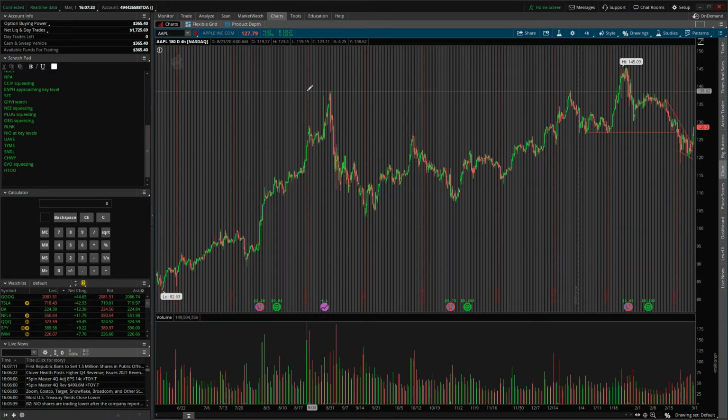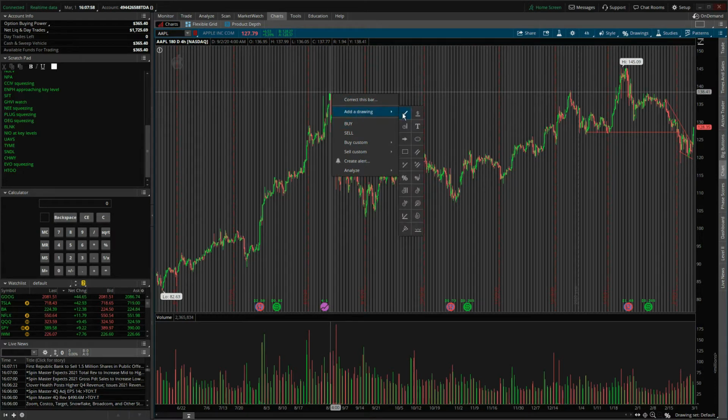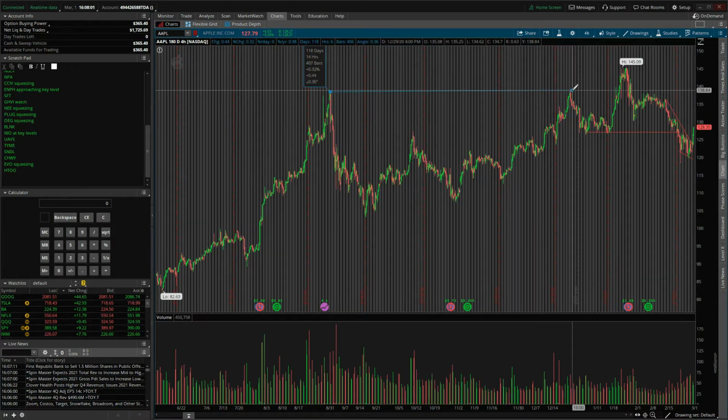A resistance level is the price at which a stock stops going up, which gives it the term resistance. It's resisting going past this point. So if you see right here, how we find a resistance is, as simple as I can put it, connecting two mountains. So you see this peak right here of this mountain. If we draw a line, we run into this right here, okay? And we also run into these right here. So that is a resistance